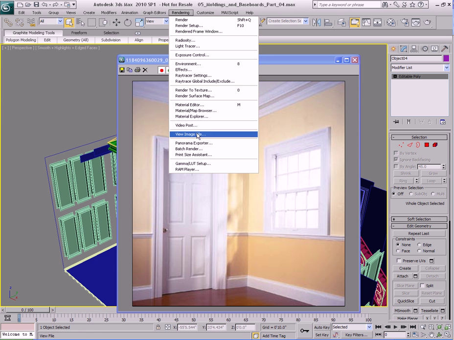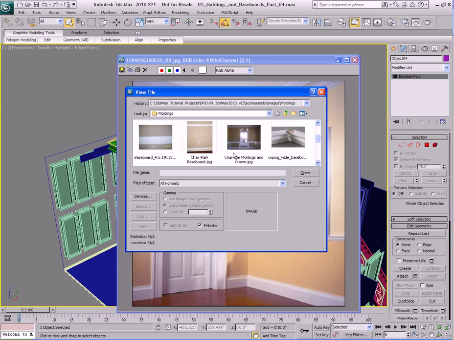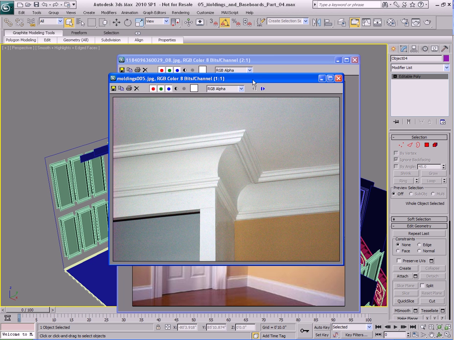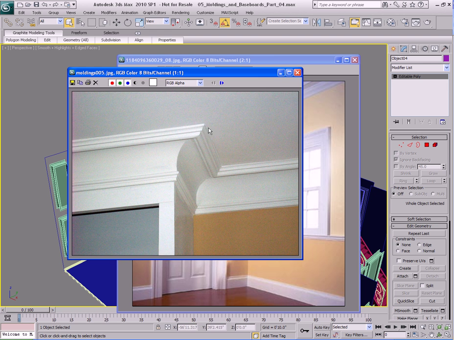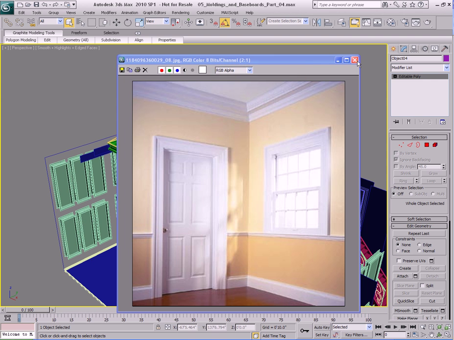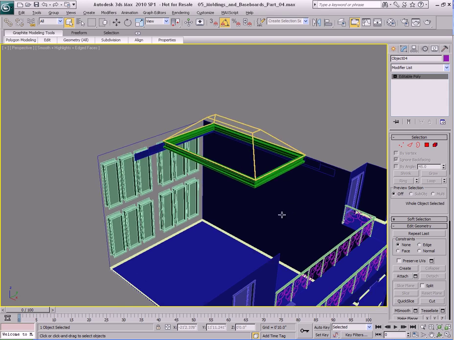If I go over here, I have a couple more images. Let me just bring up another image here. Here's another image of the moldings there. Might be a little bit difficult to see, not the highest quality image there. But you can see basically moldings have sort of this cool design to them, and they really add a lot of detail to your structure. So if you're building something like this in 3D, say for example a house like this, you definitely want to build moldings, as it's going to add a lot more depth and detail to